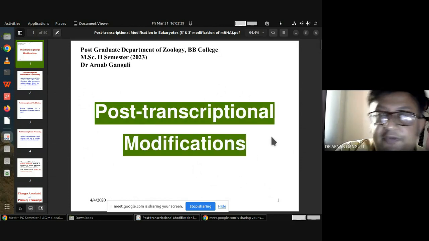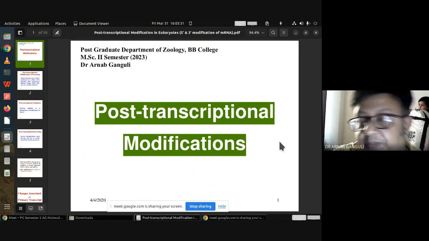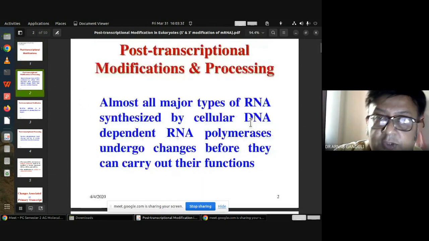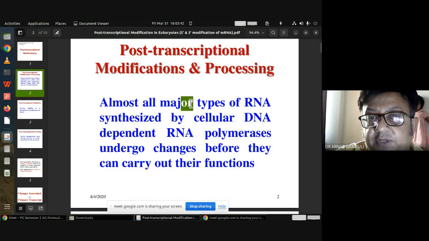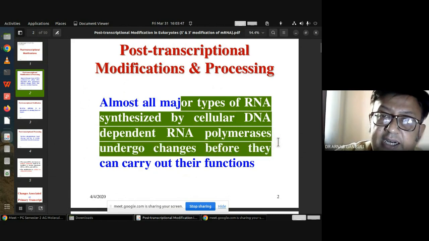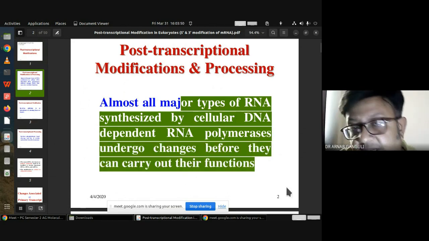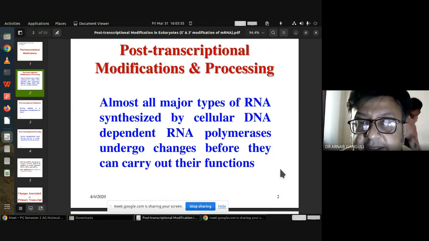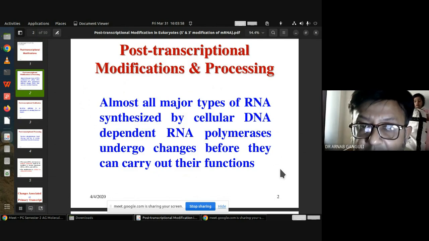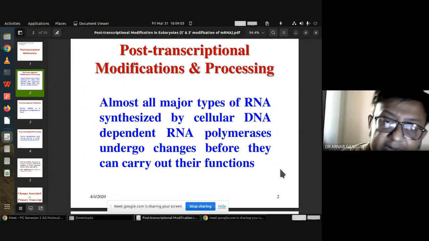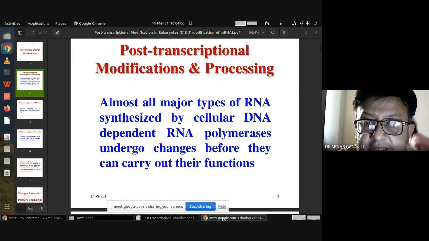Post transcriptional modification. I'll start with this particular topic. Almost all major types of RNA synthesized by cellular DNA dependent RNA polymerase undergo changes before they carry out their functions. So all RNA which is formed from DNA dependent RNA polymerases, the RNA polymerase which transcribes on DNA, and all RNAs which are formed, they essentially